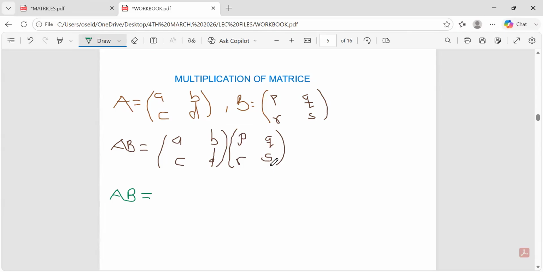The second column. So they correspond with the multiplication. Each element corresponds to the component in the other matrix they are multiplying in the next bracket. So we can say that AB equals A times P